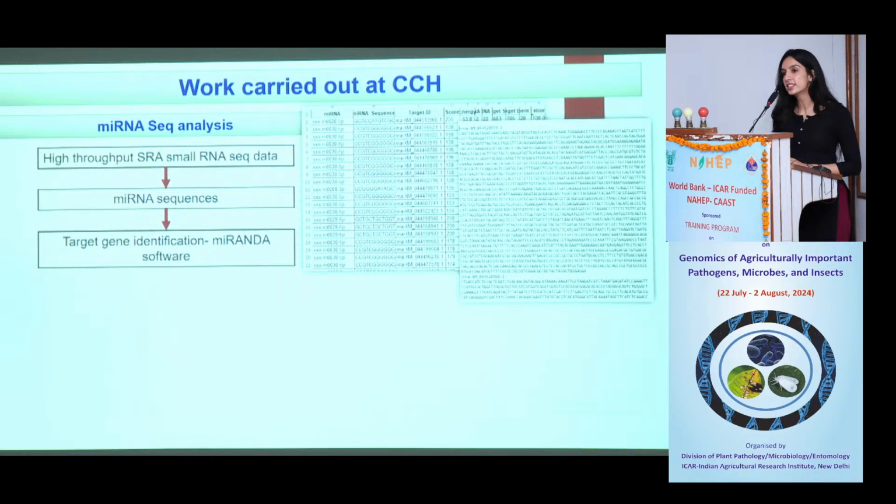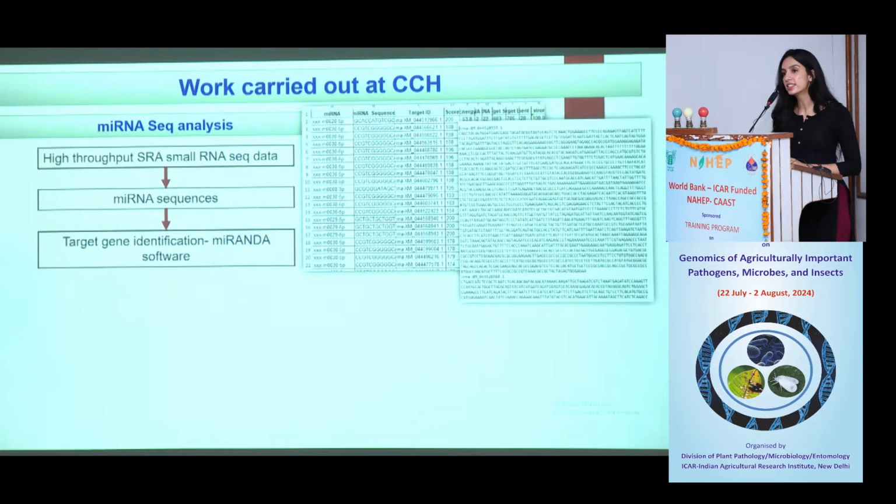already inoculated the seedlings of wheat with a spore suspension of the Bipolaris sorokiniana pathogen and collected samples at different time intervals, extracted the RNA and sent it for sequencing, wherein we got high throughput small RNA sequencing, Illumina based, and from there, after filtering, adapter ligation and all curation of the sequences, we got the final mature microRNA